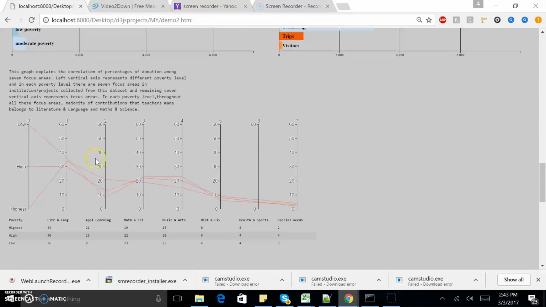The next graph is a parallel coordinate graph. Here I have tried to analyze 3 perspectives, that is the poverty level of the schools and the subject area where the donations have been made, and this scale shows me the sum of percentage of the donations which are made. So we can do this analysis in the perspective of, if we only see the highest poverty level schools, we can see